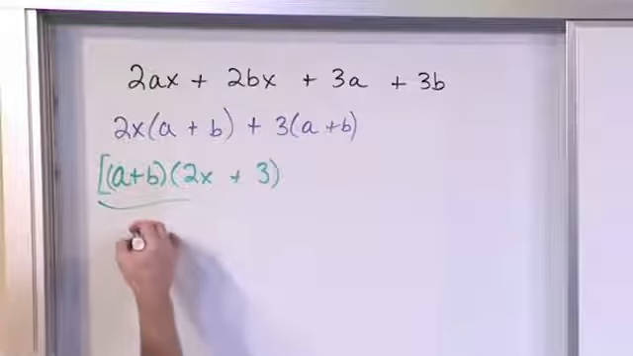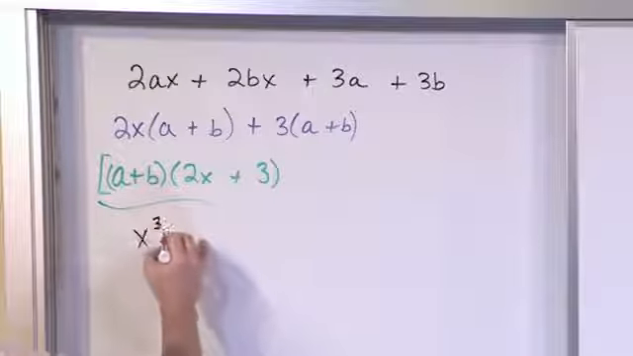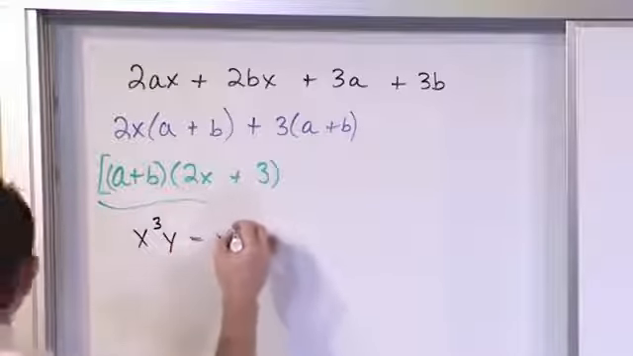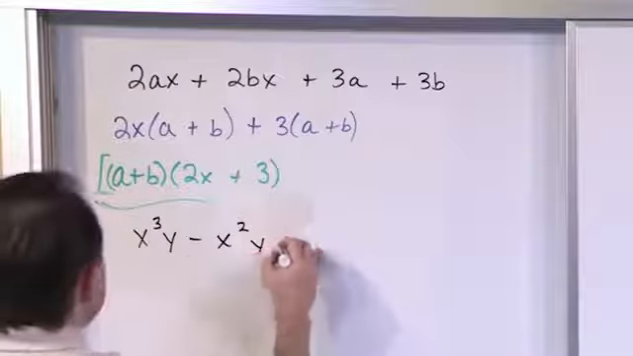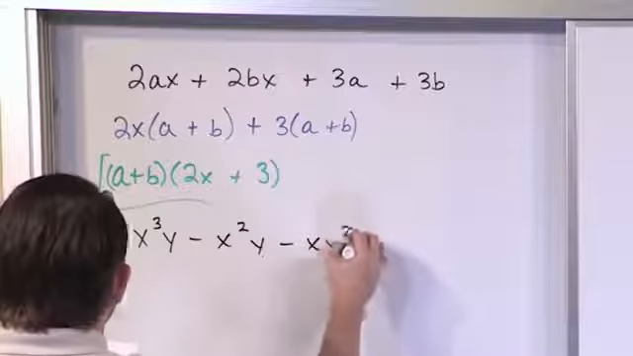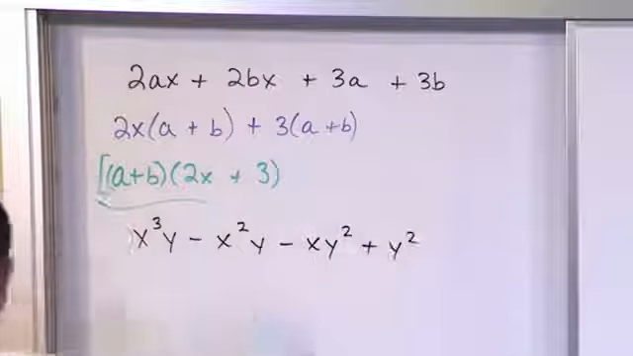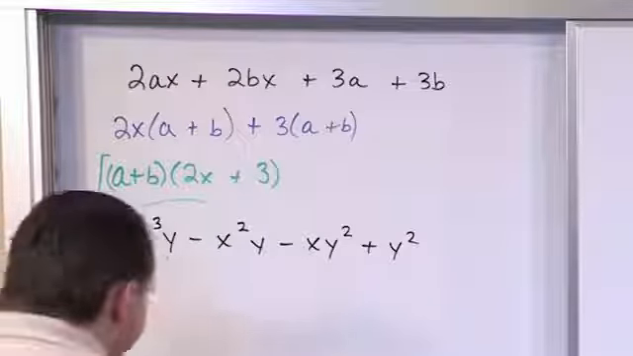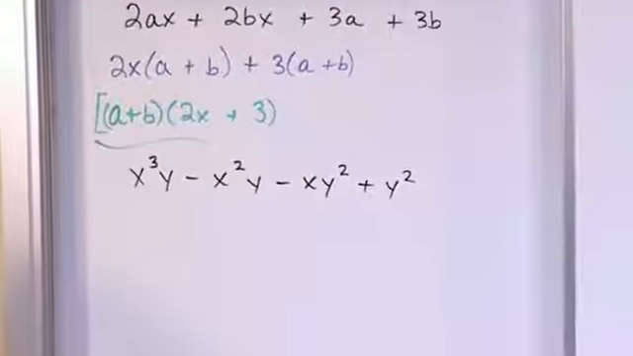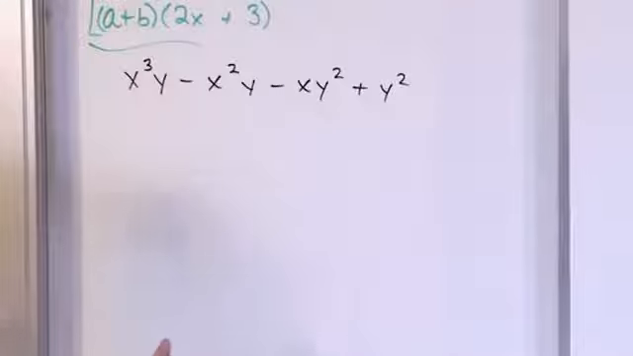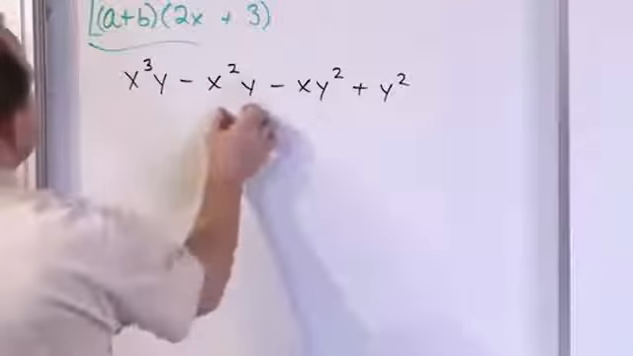So let's take one that's a little more complicated. x cubed times y minus x squared times y minus x times y squared plus y squared. Lots of x's, lots of y's running around. I don't see any grouping. There's nothing obvious that I can pull out, but I can see right away that, and by the way, there's a lot of ways to do this problem, but if I look at the first two terms,